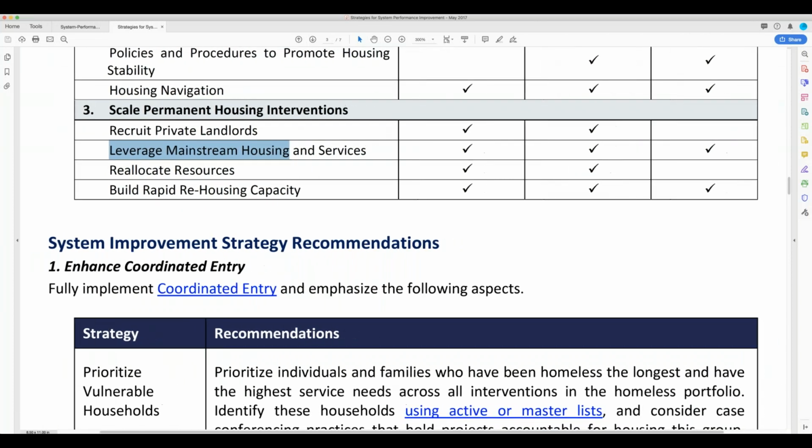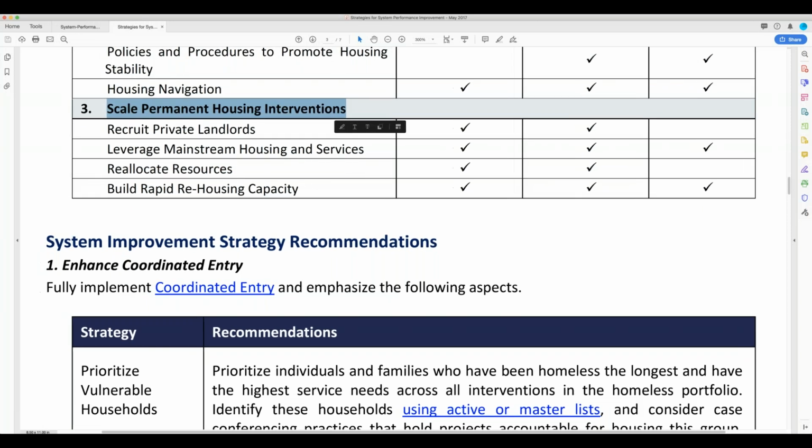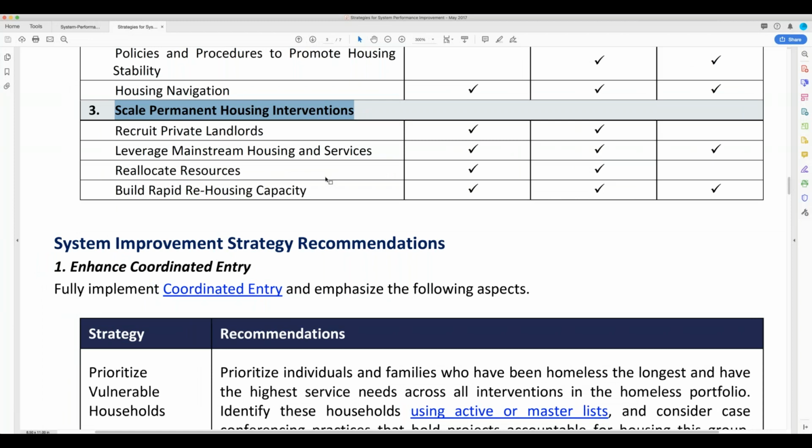Well, again, what makes housing affordable in some cases is some of these programs like Section 8. Reallocate resources, like we're saying here. Scale the permanent housing interventions. The more housing that you have, the more you can house people, okay? But you have to do it in a way that keeps people permanently housed and hopefully is going to move them toward independence as quickly as possible so we can have someone come up behind them, take advantage of that resource again. And this is one of the big ones that is being emphasized by both the National Alliance and HUD: build rapid rehousing capacity.